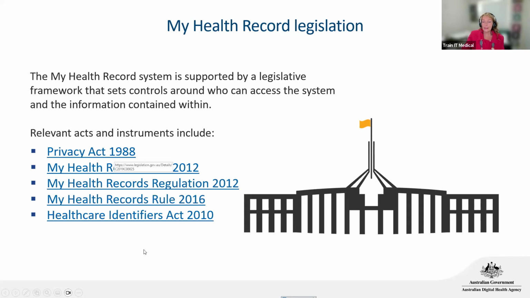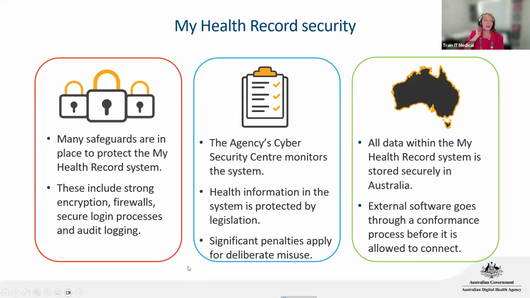And I've put the links in here because I'm going to send you this and you can click on them and read it. Now, My Health Record Security. So they have a cyber security department at the Australian Digital Health Agency that is monitoring this. And as I said, significant penalties for deliberate misuse, as there are in your healthcare settings as well. Like we all know,